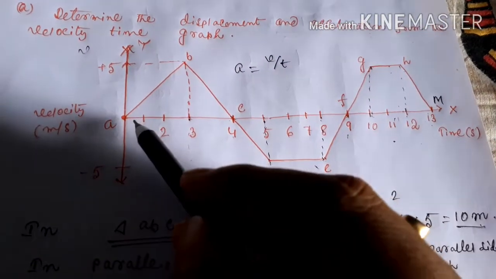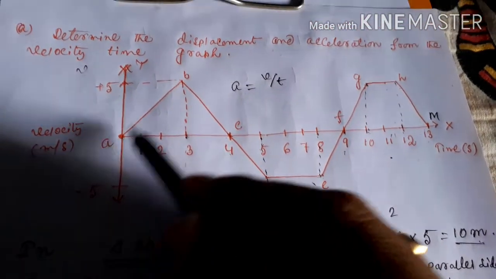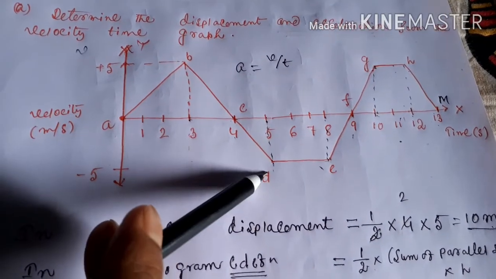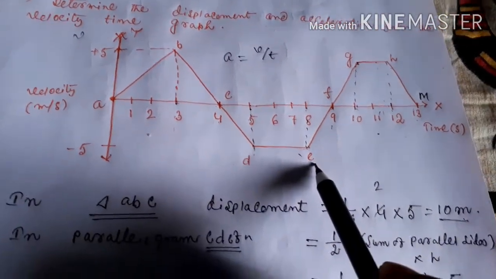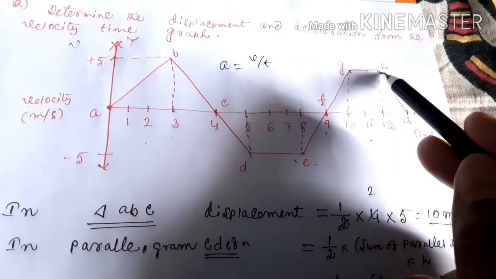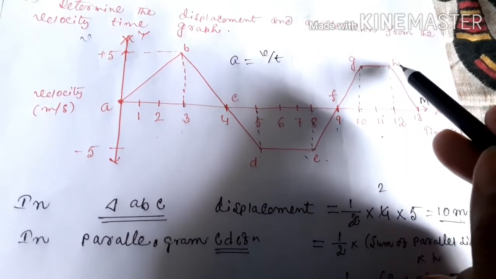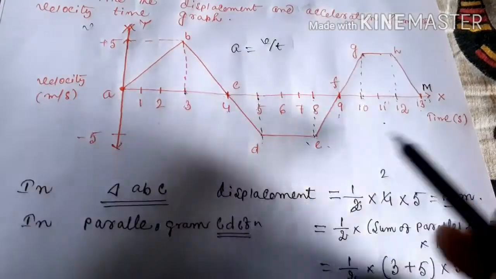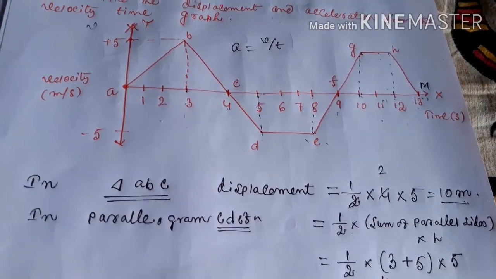First of all, through AB we will calculate, then BD, then DE, then EG, then GH, then HM. These are all the velocities we will calculate here. So first of all,